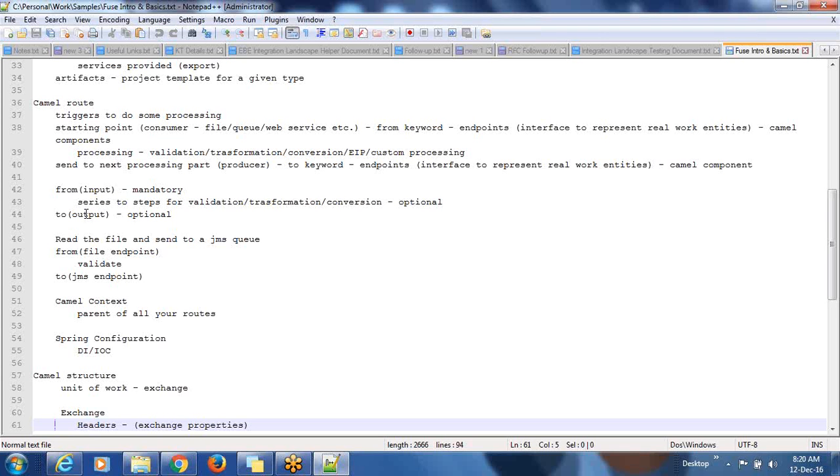So basically, our focus will be to write some integration logic, which is the routes. These are called routes in Camel. So basically, these routes are like some sort of code or some sort of integration logic through which you are trying to connect to systems. So how do you write those codes? How do you write those integration logic? So Camel